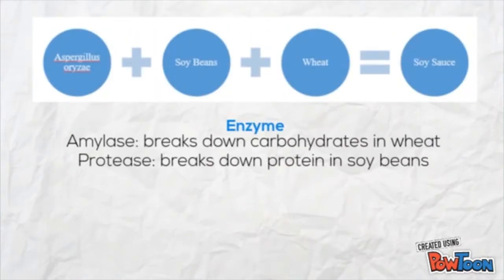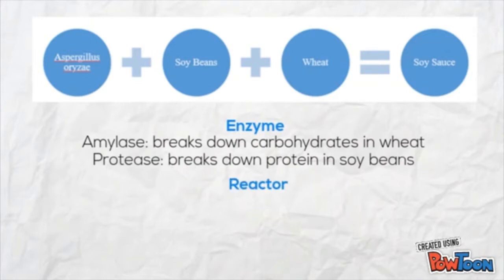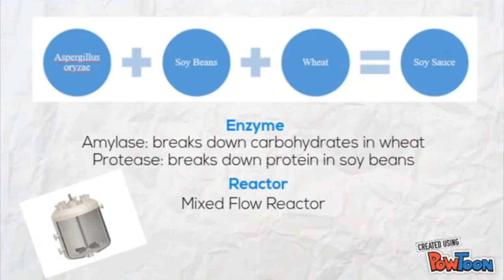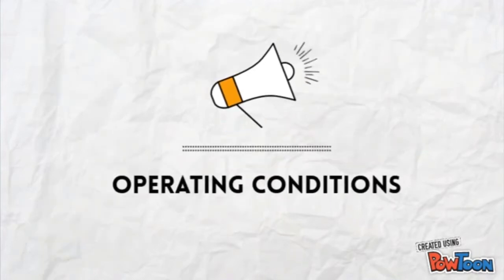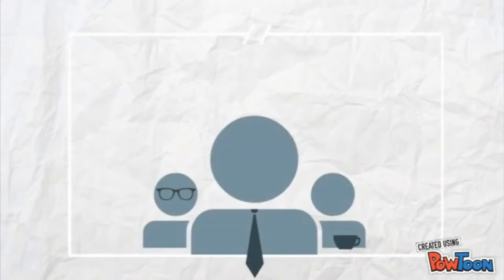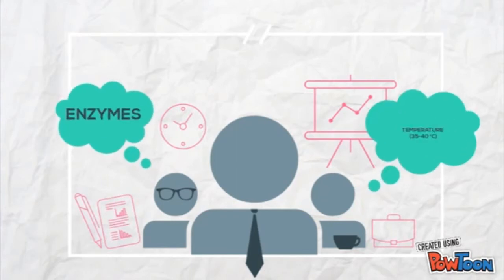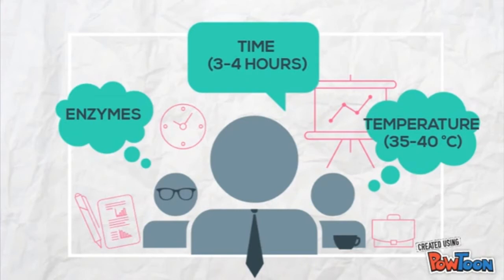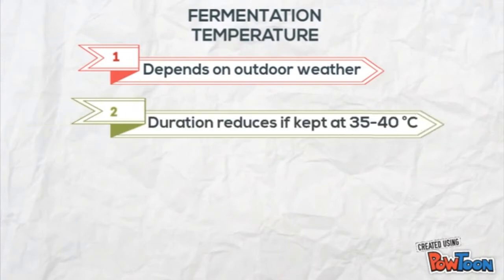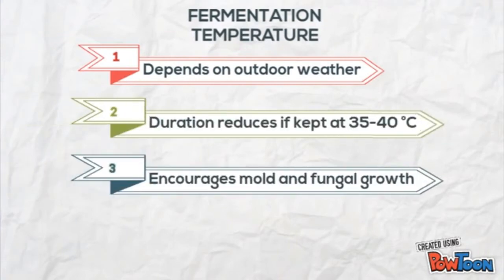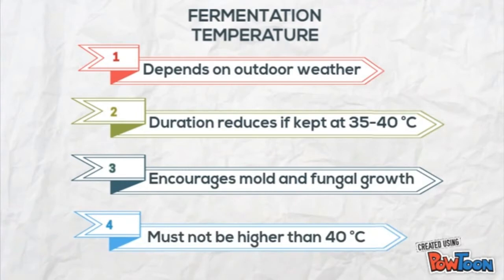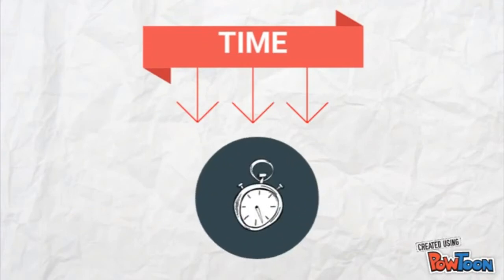The enzymes produced during this production are amylase and protease, and the reactor used is either a mixed flow reactor or a column type reactor with immobilized cells. The operating conditions are enzyme, temperature, and also time. For fermentation temperature, it depends on outdoor weather. For fermentation time,